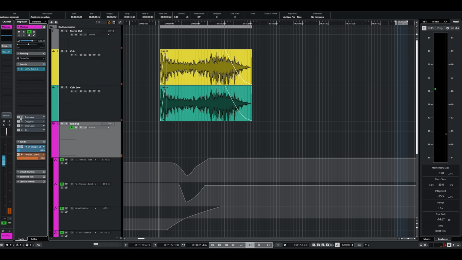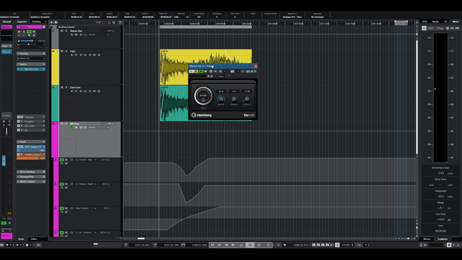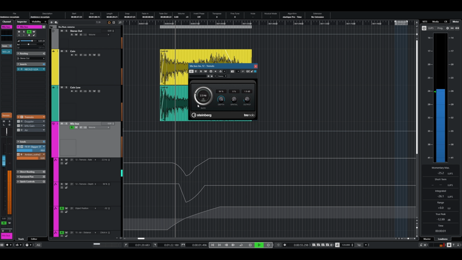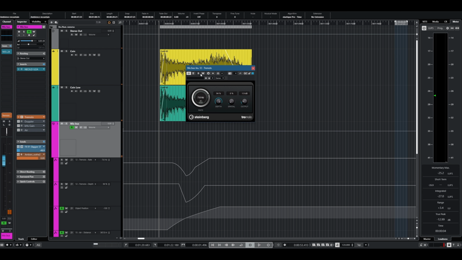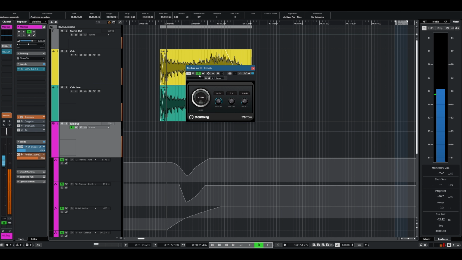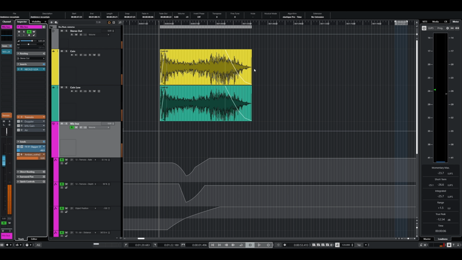Add texture and movement with tremolo. Automate the frequency and depth for dynamic pulsing. It's a flyby.